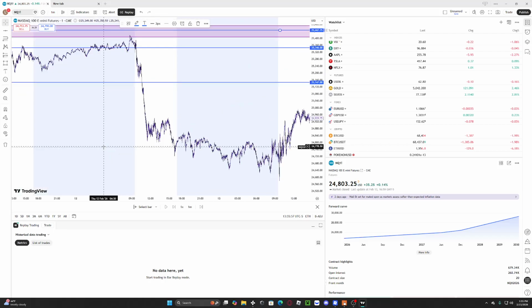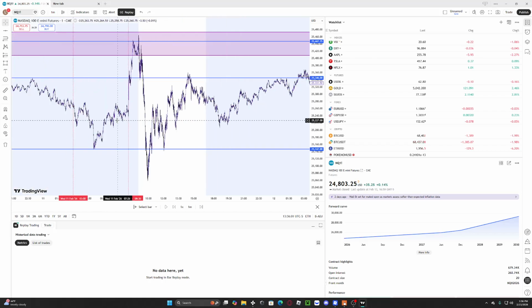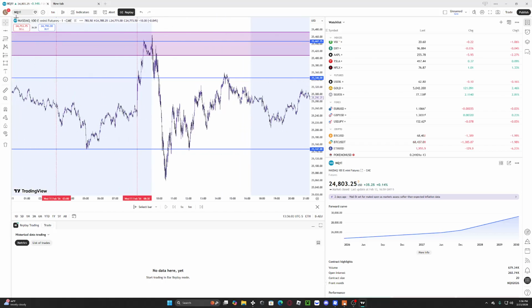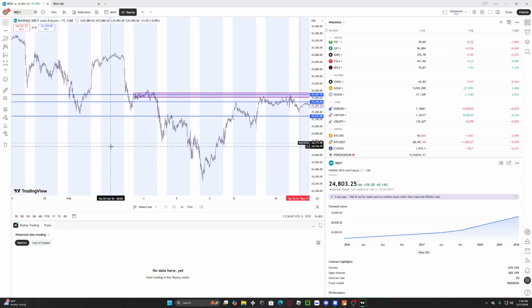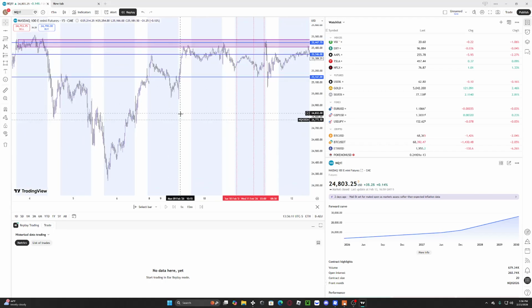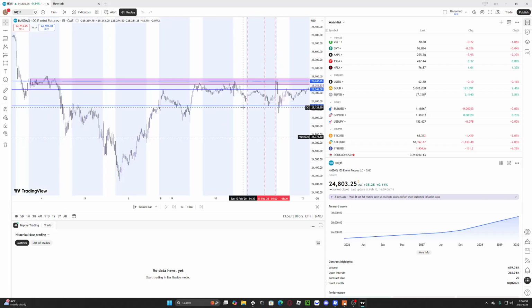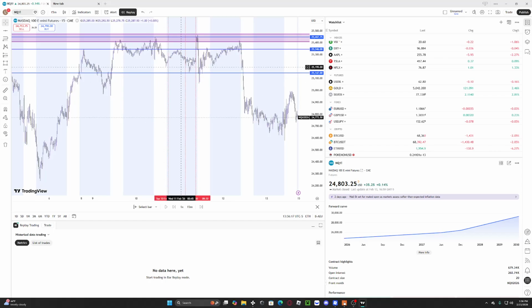But we can see, I just went way too far back. Go back to the 15-minute. Alright, we can now see price tapping into that order block range from a while ago on the longer time frame, which is a clear